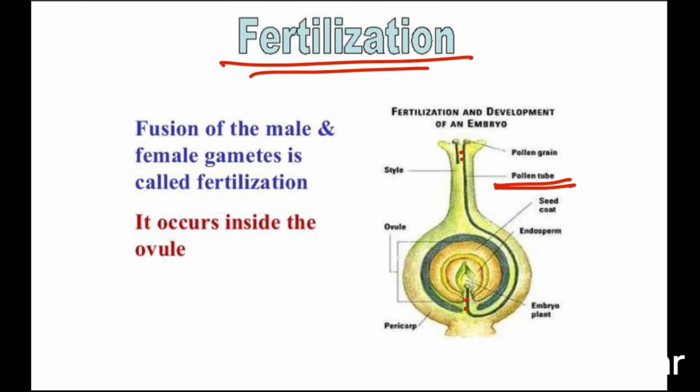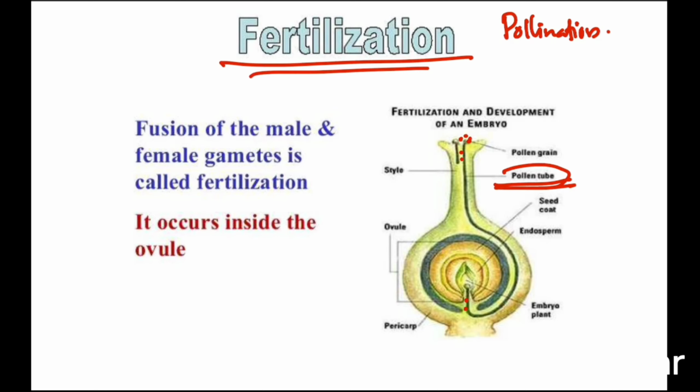First the pollination will be there. Pollination के बाद you can see that from the anther to the stigma the pollen grain will be reached. Each pollen grain will have a signal from the ovary, and at that time this pollen grain will germinate to produce a special tube-like structure which is called the pollen tube. Through the pollen tube, the male gametes from the pollen grain will be released. It is the pathway through which the pollen grain will reach the ovary, inside the ovary. And inside the ovary, you know that there will be an ovule, inside that egg cells are there.